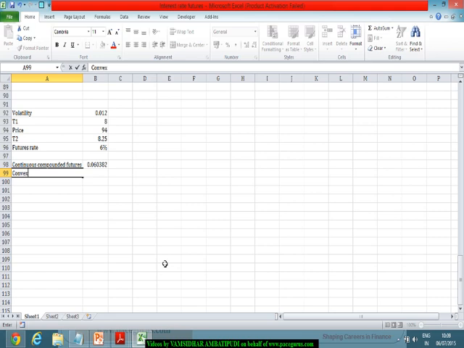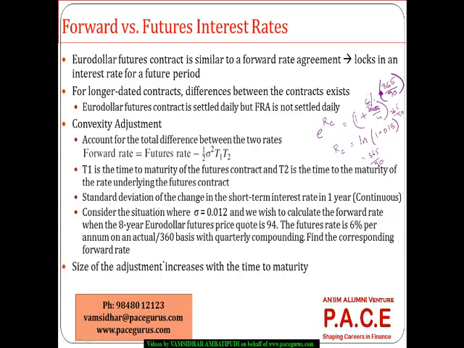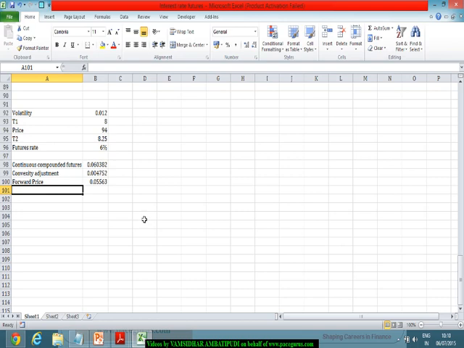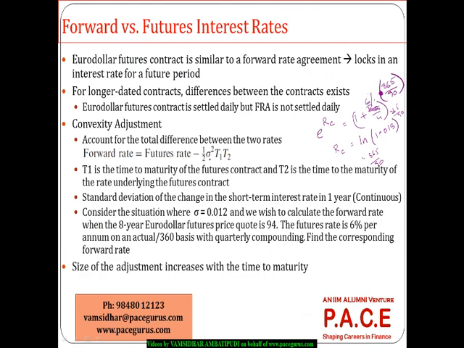I could have done the convexity adjustment using this formula, which is half sigma squared T1 T2. So I'll get it as half, this is the sigma, so I'll take it as sigma squared T1 and T2. So this is the convexity adjustment. From here I should be able to compute the forward price, which comes out as the continuously compounded futures price minus the convexity adjustment. So the forward price in this example is going to work out to 5.56 for this